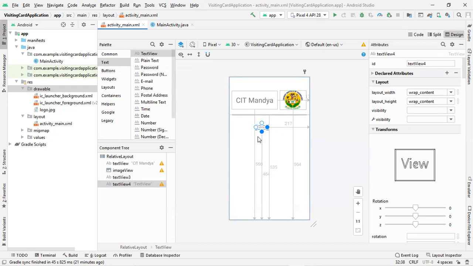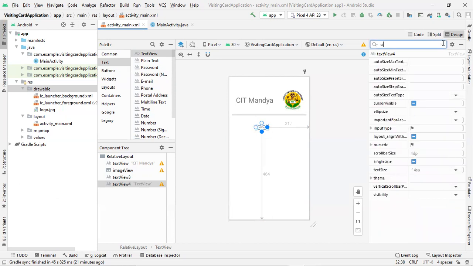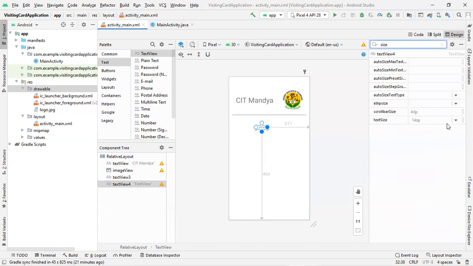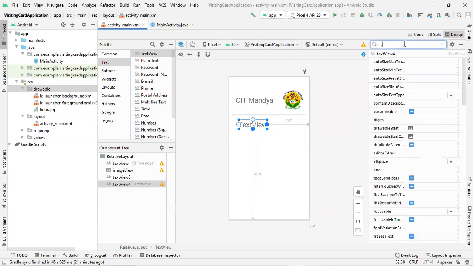It should be center aligned and also it should be bold. So let's select this particular component, then go to the search bar, then go for size. Let me increase the size. So text size, let's make it 36 sp. Once the text size has been increased, you need to change the text. So go to text.